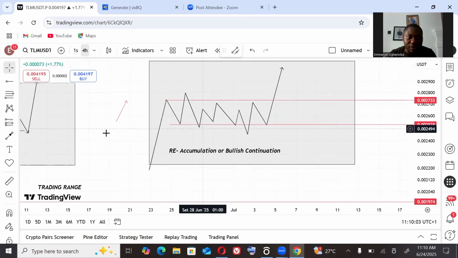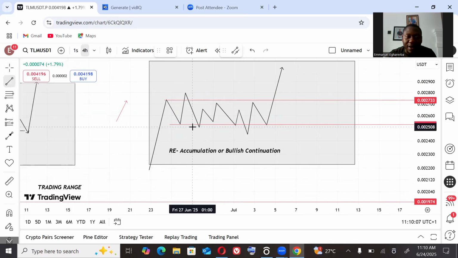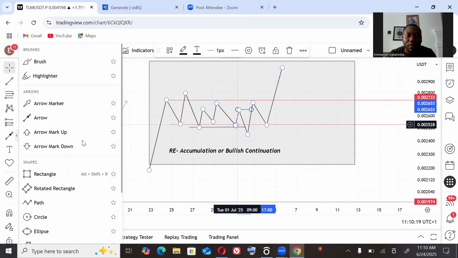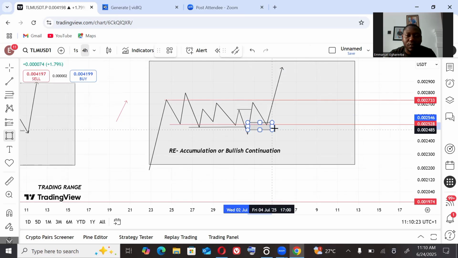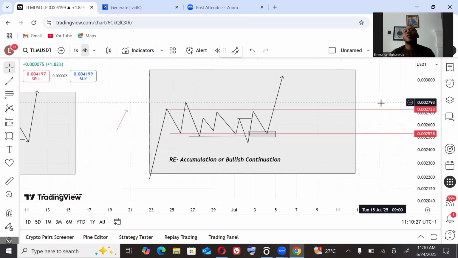We want to see a change of character happening here, like right here. And then sweeping everybody out. And then we just take our entries from here like so. Now, the normal typical Wyckoff would actually tell you those phases, which is important,